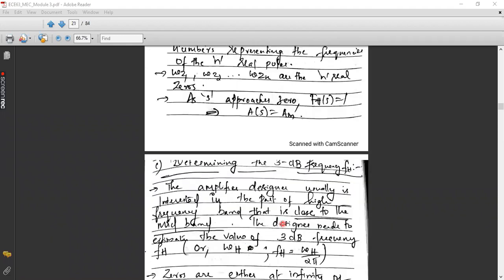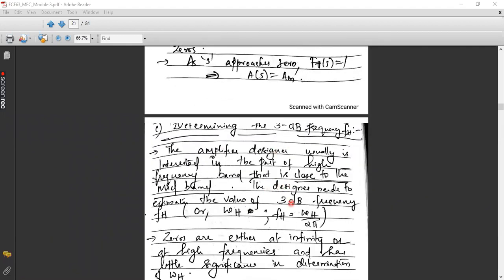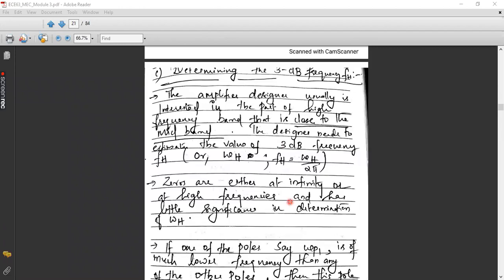So how can we find this 3 dB frequency fH? That is what we were discussing in the last class. The significance of 3 dB is that at that particular frequency, the power delivered to the load becomes 50% of the maximum power. You expect maximum power at low frequencies, but as you increase the input frequency, your power also goes down. So at a particular frequency, you get 50% of your maximum power. That is what is called the half power frequency. And in terms of gain, it is 3 dB down from the maximum value. Therefore, it is called the 3 dB cutoff frequency.